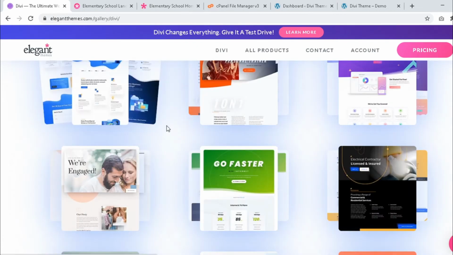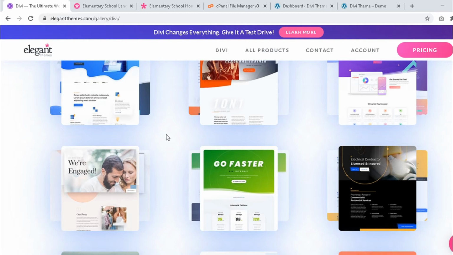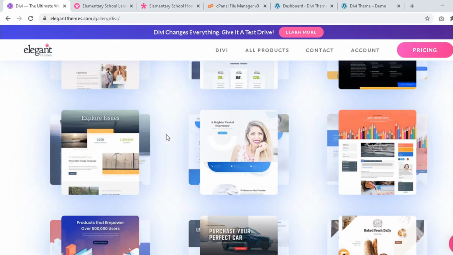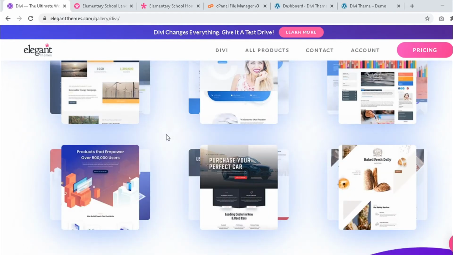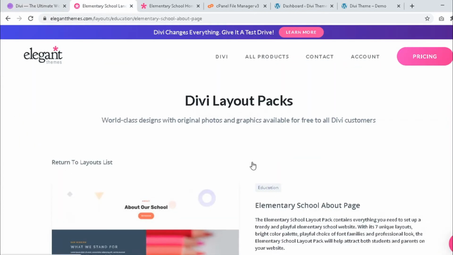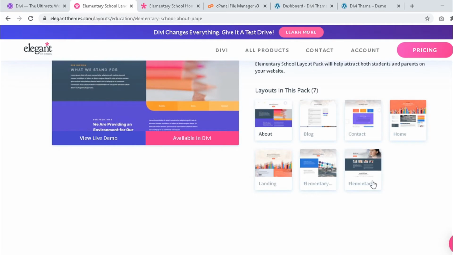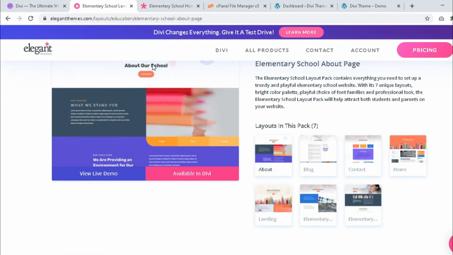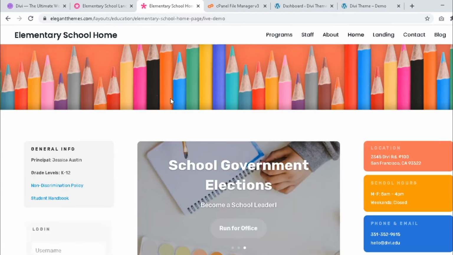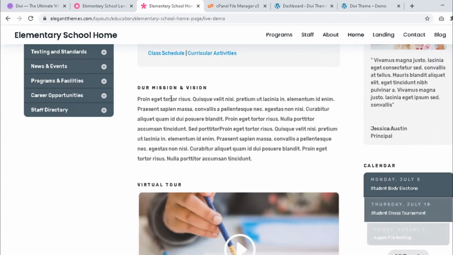When I say it's the world's top theme builder, it is because of the variety they provide and the flexibility it provides when you are designing. So these are all the layouts, and I'm just going to show you one quick glance of this theme. This layout package is of elementary school. When we click on any one of the pages, you'll come over here. If you see the layout, the structure, the color combination, everything is so appealing and so catchy,